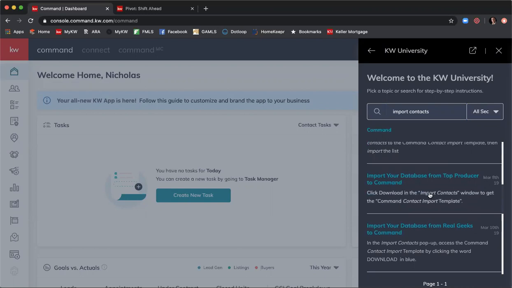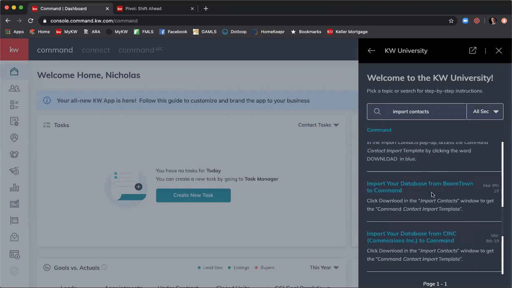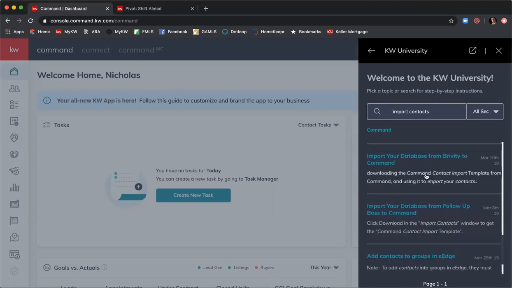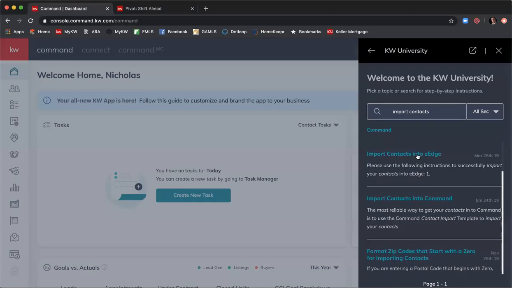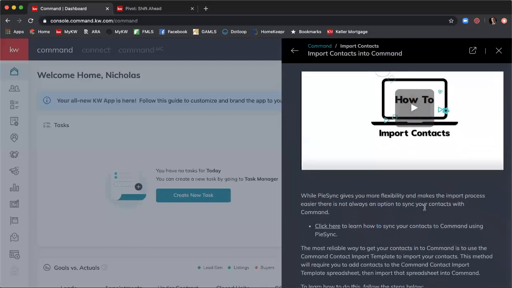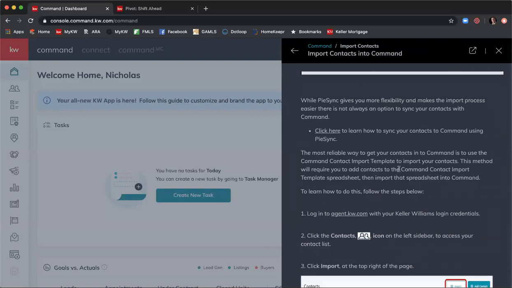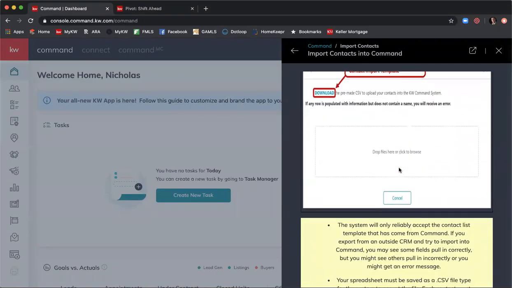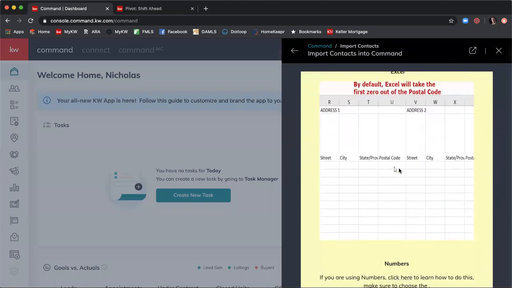Let's do add contacts. I'll just click on this first one here, import contacts into Command, click on it, and it will have a video and all the information, which will show a step-by-step guide of what to do. So anytime you have a question, you can search